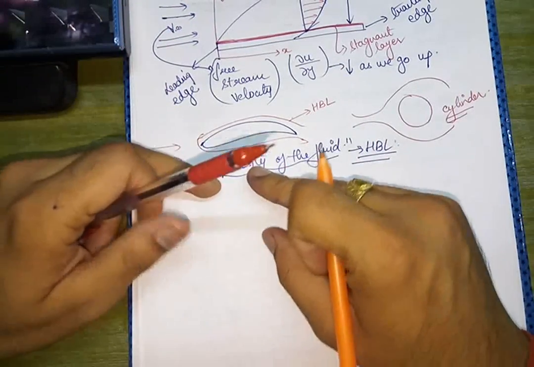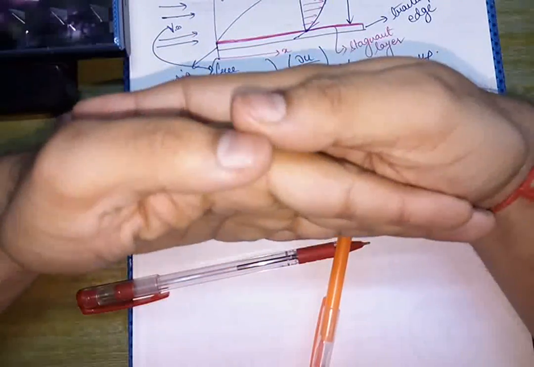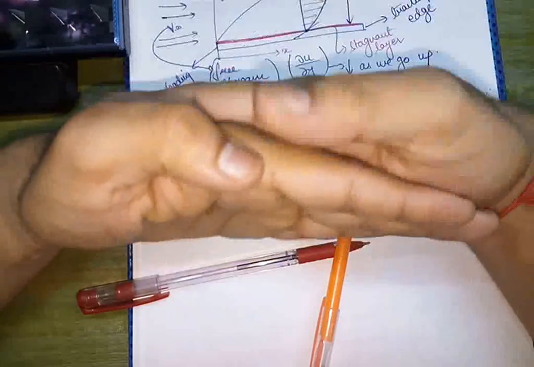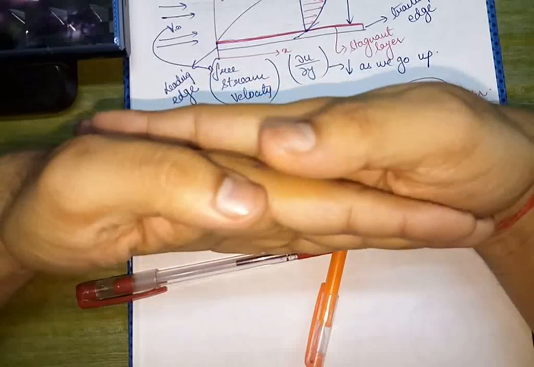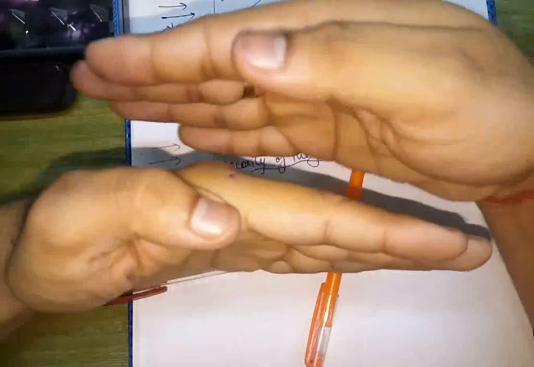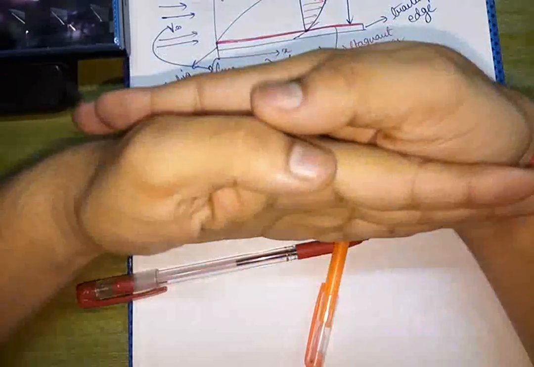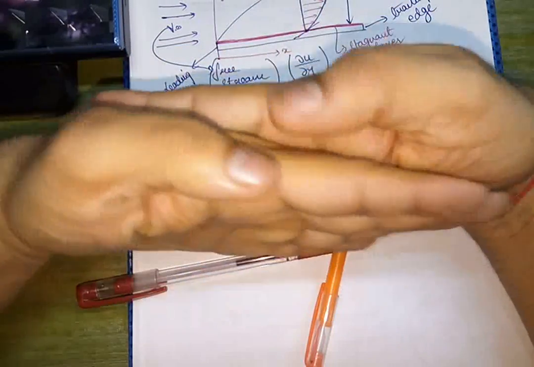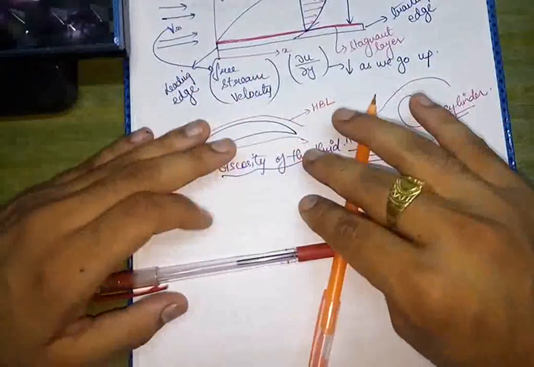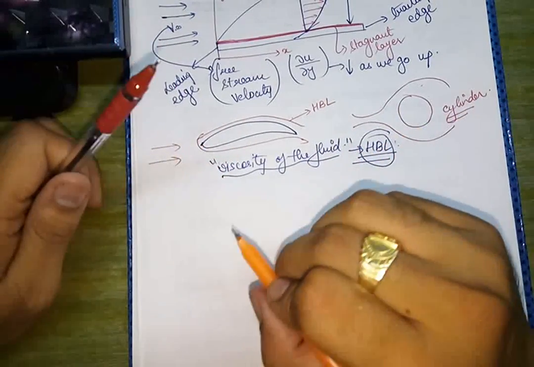If one layer is moving over the other layer, the viscous shear tries to retard the motion of one layer moving over the other. कोई भी एक लेयर है वो दूसरी लेयर के ऊपर स्लाइड कर रही है. अब ये वाली जो लेयर है ये आगे जाना चाहती है, बट न्यूटन्स थर्ड लॉ, दैट इज एवरी एक्शन हैज इक्वल एंड अपोजिट रिएक्शन के कारण ये वाली जो लेयर है नीचे वाली, ये इसको पीछे धकेलना चाहेगी. तो ये आपस में इन दोनों में एक विस्कोसिटी या फिर एक रेजिस्टेंस डेवलप होगा. उसी रेजिस्टेंस को हम लोग कहते हैं विस्कोसिटी, और विस्कोसिटी इज द प्राइम रीजन फॉर द फॉर्मेशन ऑफ हाइड्रोडायनेमिक बाउंड्री